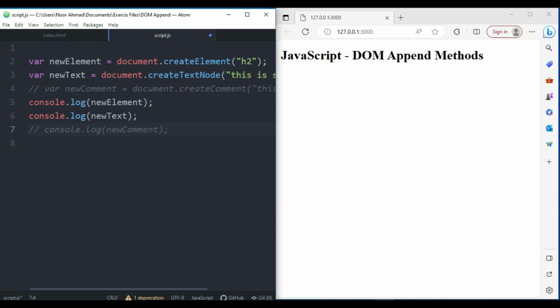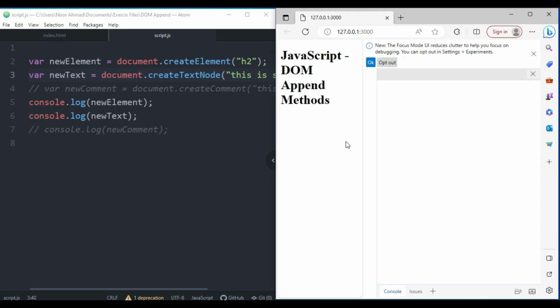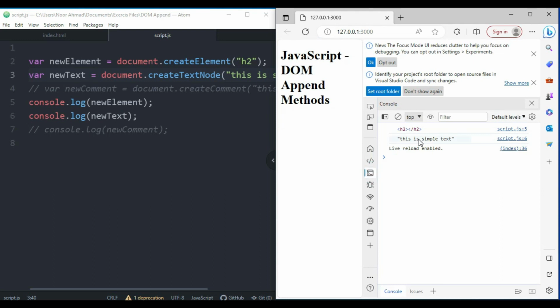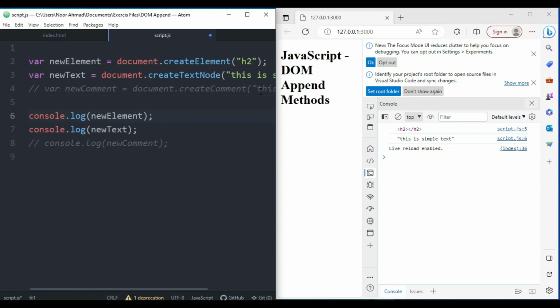So now what we are going to do is put this text here. You can see this is a simple text inside this HTML. First let me come to the console, and here you can see it looks like this. We are going to put this text inside this h2 tag. For this, first we are going to add the name of our created element, and after that we are going to say appendChild,